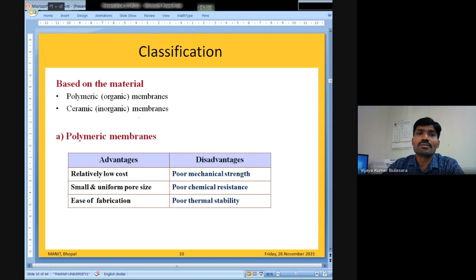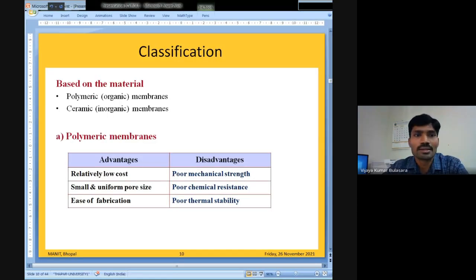Okay, so now when we come to the classification of membranes, it is generally based on the material. They are classified as polymeric membranes and ceramic membranes. These two are the commonly used membrane materials. Mainly in our households we use polymeric membranes, which have certain advantages, like they are relatively low cost compared to ceramic membranes, because ceramic membranes are expensive because they require high